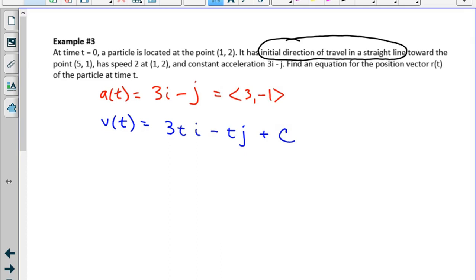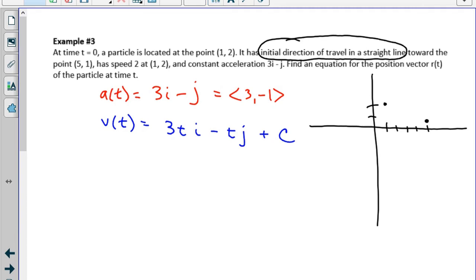So that's something to keep in mind. The constant will have i and j components. Now, one thing that's important in this problem is that if we are starting at 1, 2, and we are initially heading in the direction of 5, 1,